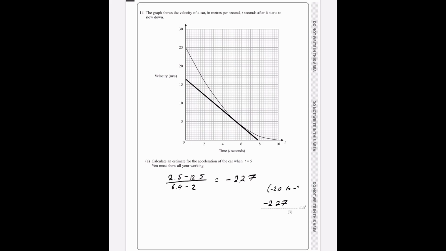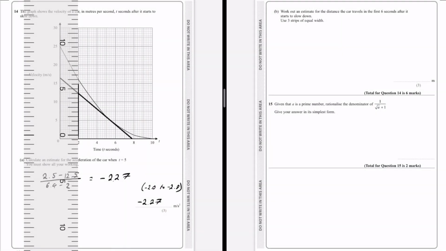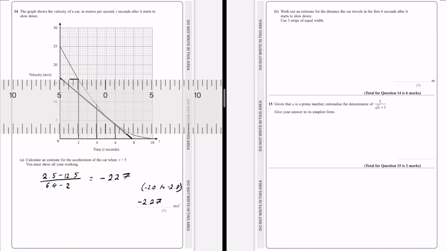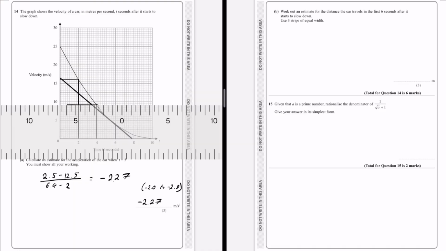It's unlikely that you'll get the same answer as anyone else, but anything between negative 2.0 and negative 2.8 will be correct. Then for the area under the graph, which gives us an estimate for the distance, so we're essentially